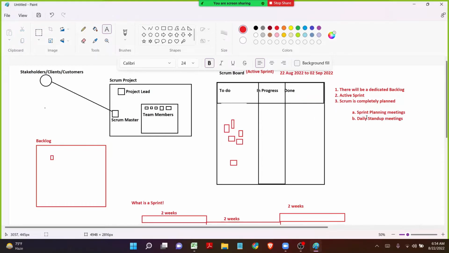Alright, now in the daily stand-up, the Scrum Master, project lead, and all the team members will join in the call, so that the Scrum Master will maybe share the screen and he will open the active board, and then he will call each team member's name. John, what have you completed, or what is your work progress from yesterday until today? So John might tell, I'm exploring the issue